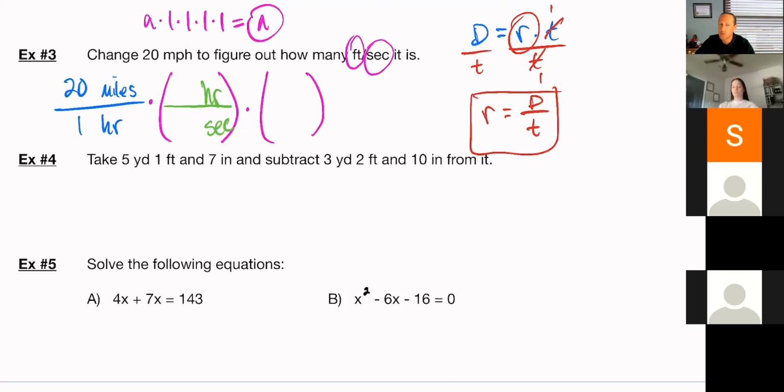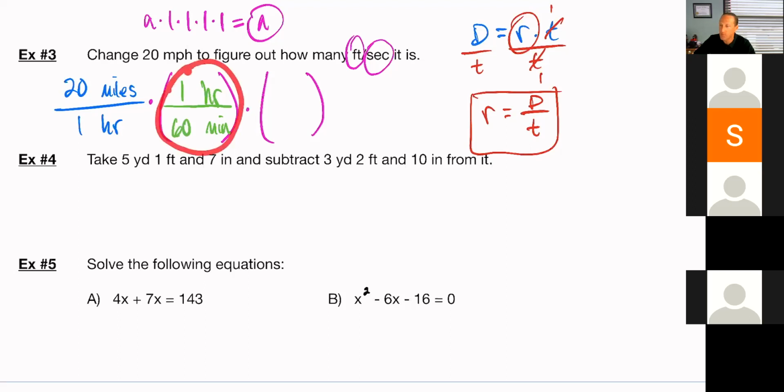Now, the problem is, do you guys know how many seconds are in an hour? 3,600? Yeah, most people don't, Jacob. Stop doing extra math. Okay. Very good. What most people do know are minutes in hours. And we know in 1 hour, there are 60 minutes. That's a one that we do know. And does everybody agree that this is a fancy one here? Yes. Cool. The problem is, even though that's what I want, so that I can cancel and get rid of